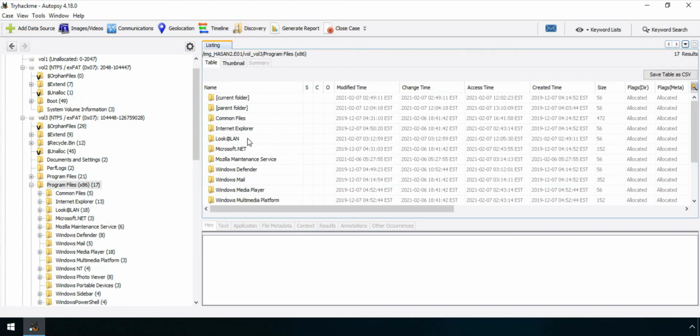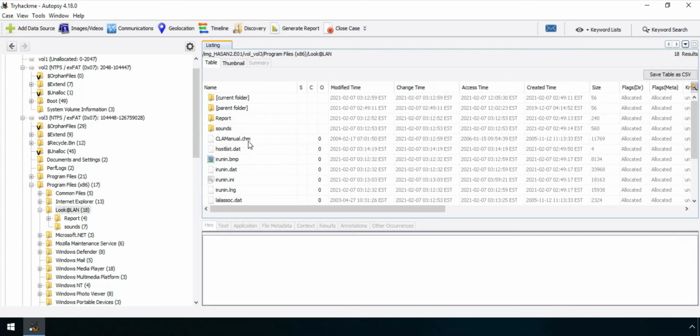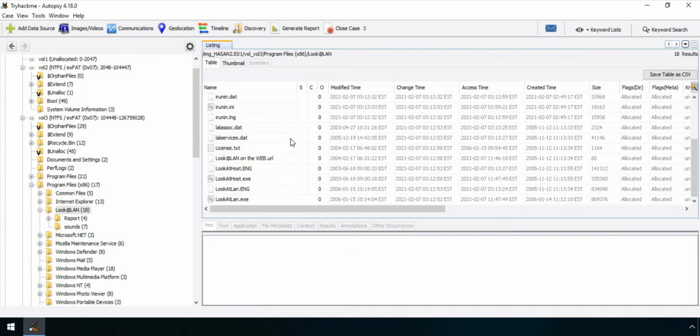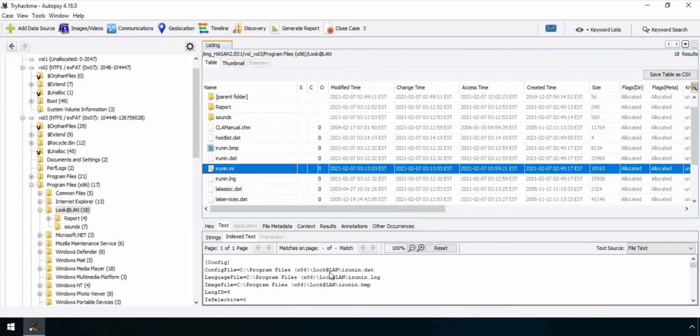As we go to Program Files x86, we will find Look@LAN. It's easy because you have already located the file system. We have to locate the file system so as to get the logs. So we go to Look@LAN, and here we are with some files. Here is an executable file, here is a URL, here is the license file, and here are some settings.